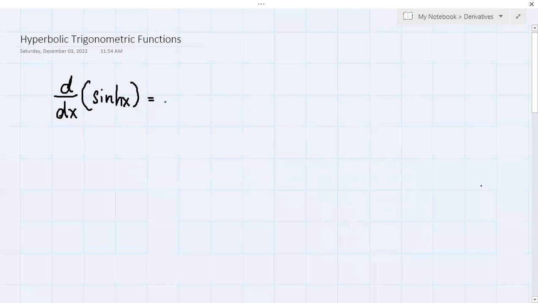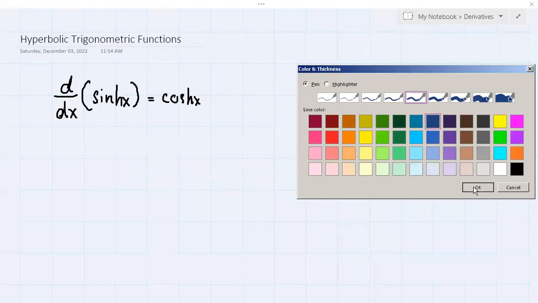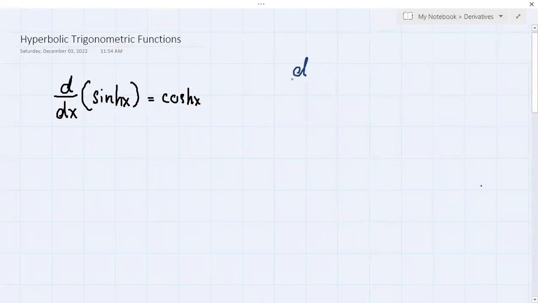So ang derivative ng sine hx is cosine hx. So let me give you some examples. So let's just say meron tayong derivative of 3 times sine hx. So what would be your answer? So ito, okay, we will have 3 times the derivative of